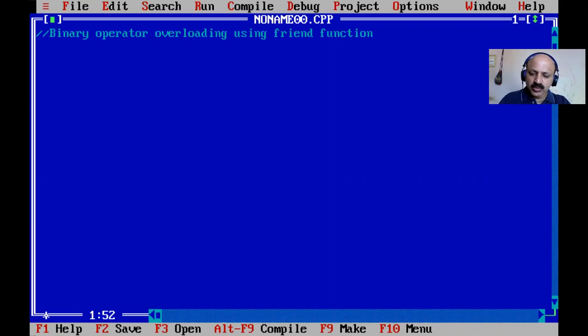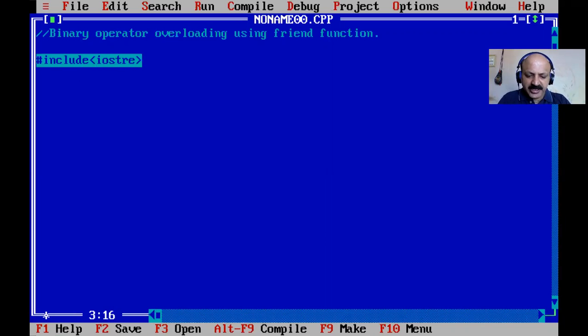You may be surprised, because I already have one demo of binary operator overloading using friend function. But here we can take some measurement. In my previous video, I just did an integer sum, but now we can take a formula, like feet and inch, meter, centimeter, and hours and minutes. So that type of thing we can calculate. Here first we take a simple one, feet and inch. So here I include the